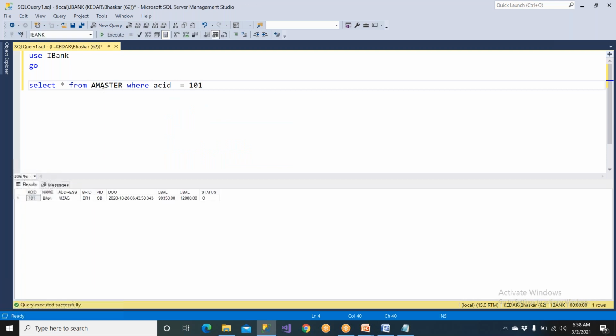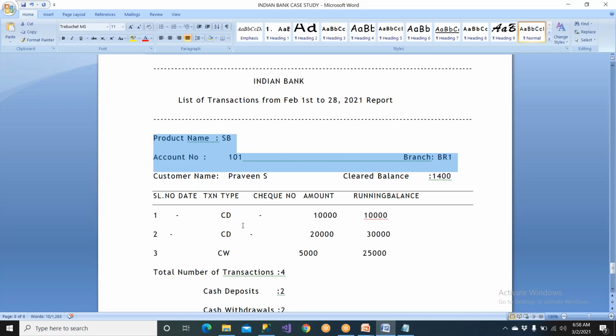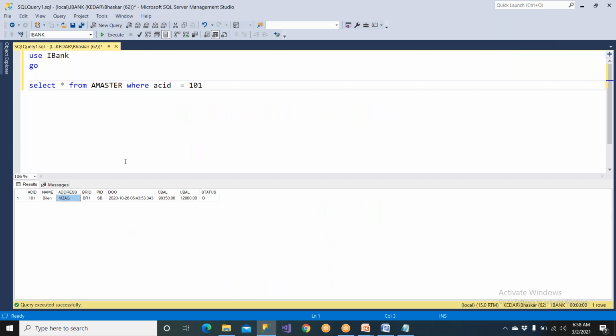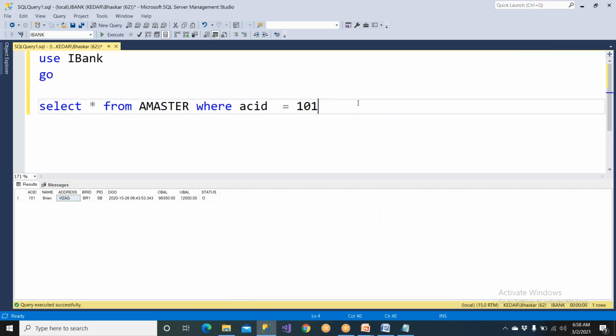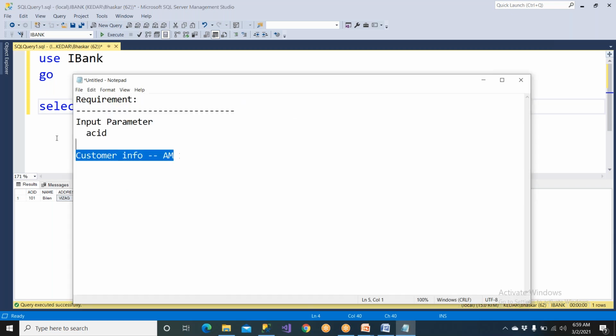You will be able to get some data. So this is the data they're printing. Clear? So customer ID, customer name, and so on. What is the balance that they have? So this is the date, nothing else. Clear? So this information, plus the next requirement is customer information, one more thing we